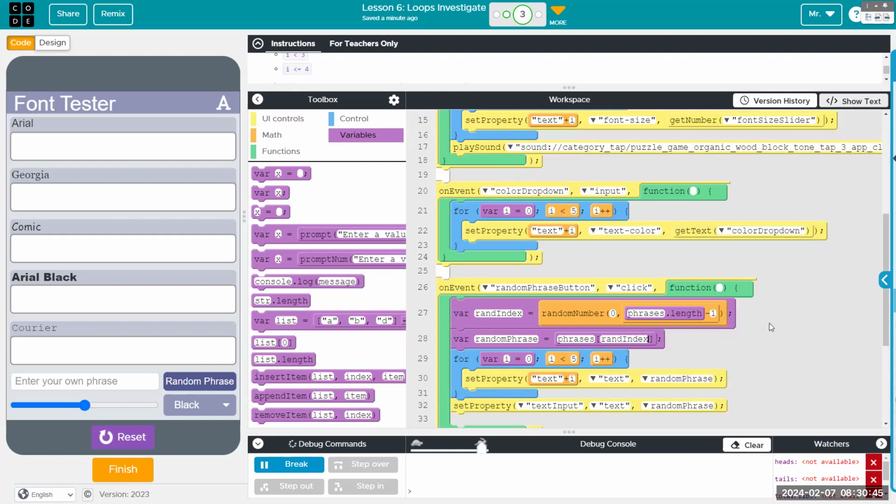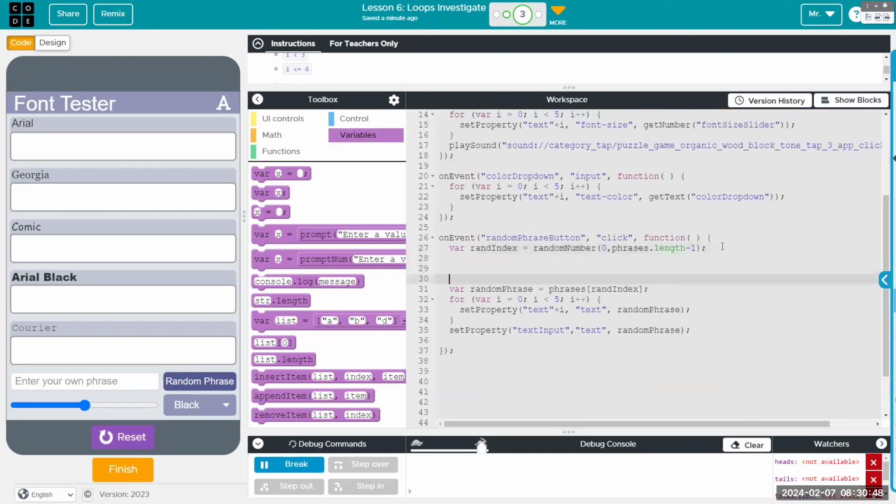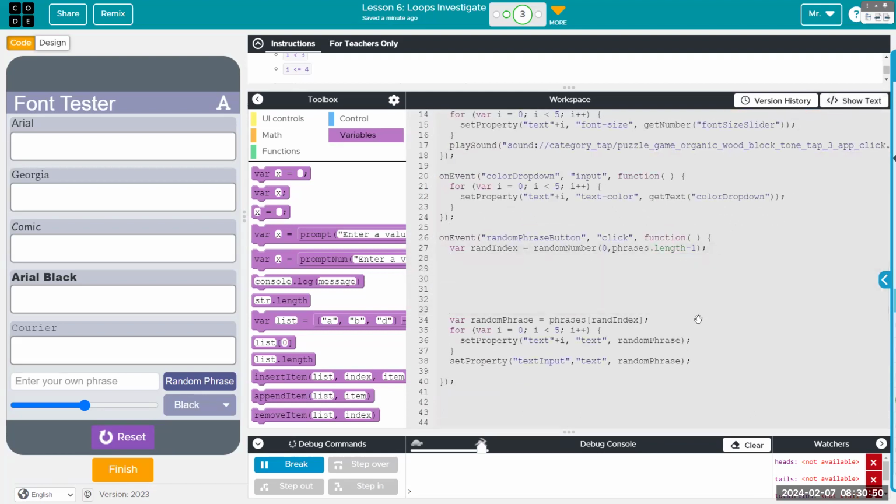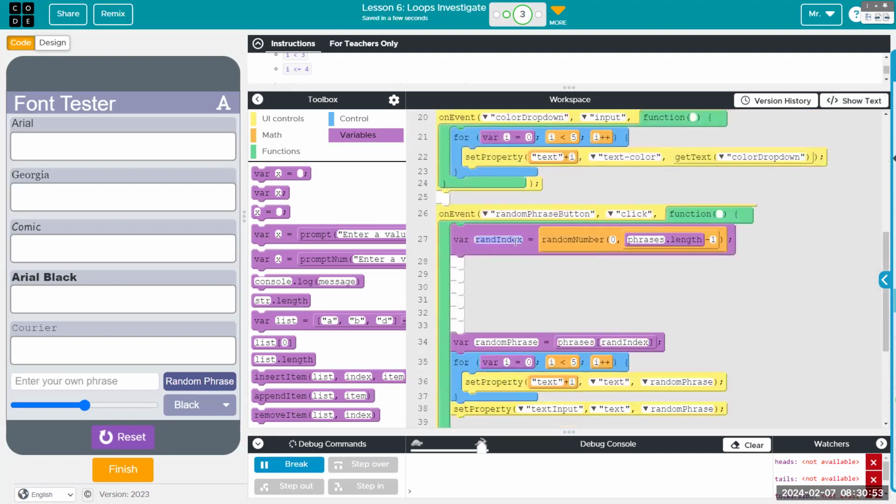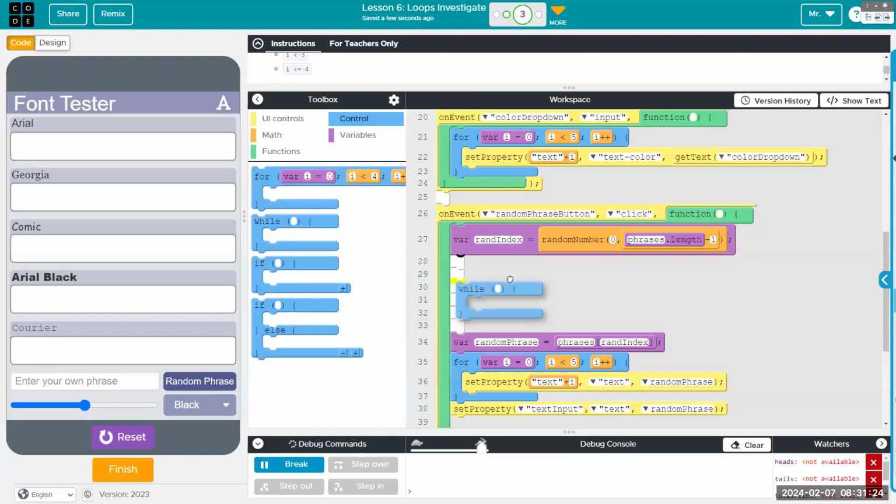But we need some code in between to double check and make sure rand index is not the one we made before. If it is, we need more randomness till we find one that isn't the one before. And once we do, we can go forward with that, but then also set previous index to that new one. So the next time through, it takes care of it. So we're picking a random number, and we need a while loop.